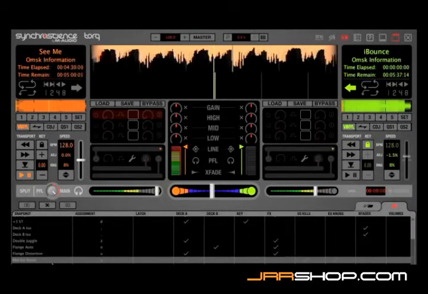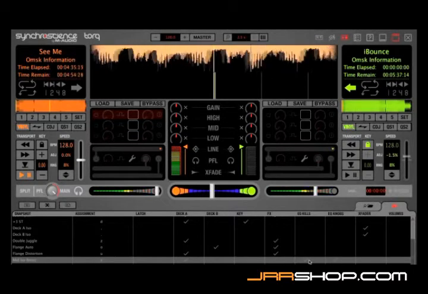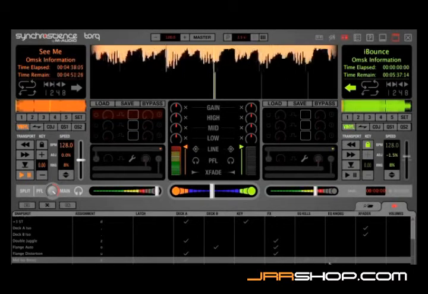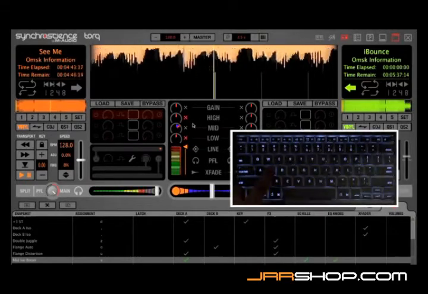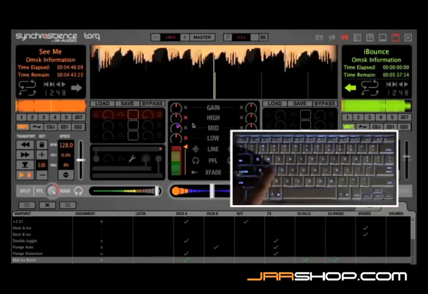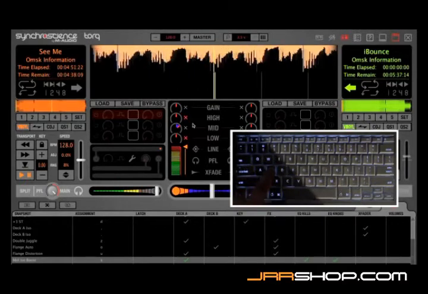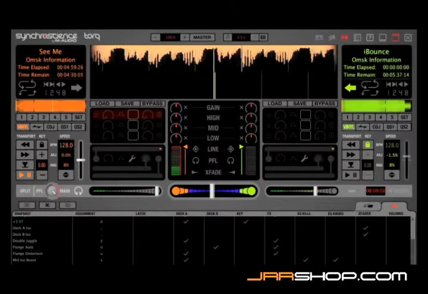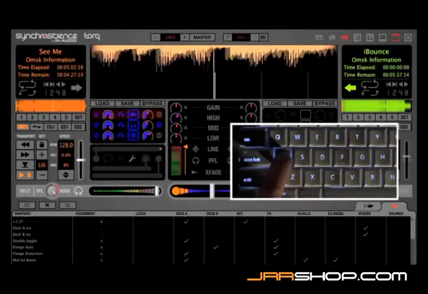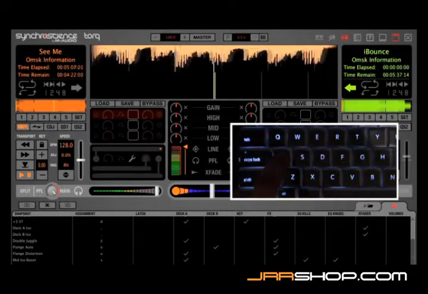And we can also bring up some other kind of complex shots here. You can see I've got one called Mid ISO Boost. This not only pulls up EQ kills but also adjusts the EQ knobs at the same time. So if I press S and we take a look at the screen, we can see I've killed the low end, killed the high end, and boosted the mid all at once to get kind of a little lo-fi telephone sound. And here's another one that actually combines loading effects and EQs at the same time. This one's number A, or letter A. So that one happened to load up a stutter, a flange, and all kinds of things all at once while cutting out